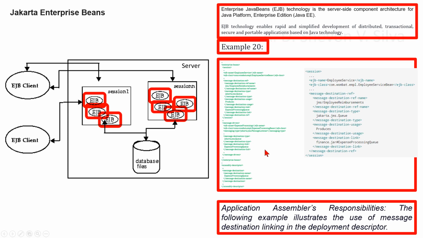The application assembler specifies the link between message consumers and producers as follows. The application assembler uses the message destination element to specify a logical message destination within an application. The message destination element defines the message destination name, which is used for the purpose of linking. The application assembler uses the message destination link element of the message destination ref element of the enterprise bean that produces the message to link it to the target destination. The value of the message destination link element is the name of the target destination as defined in the message destination name